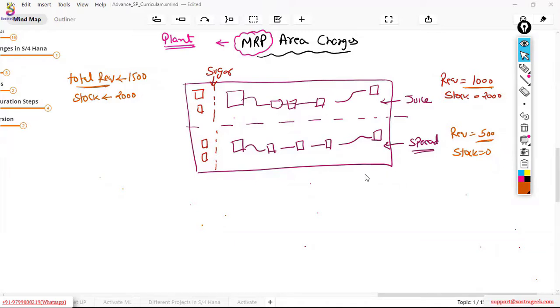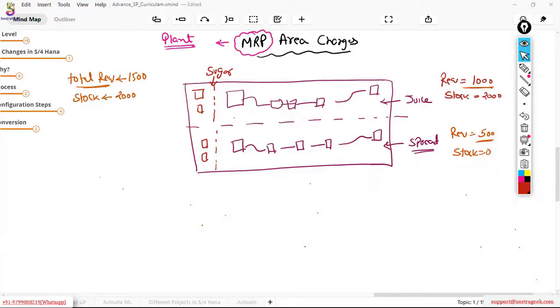Now the reorder point: you are stocking it here, and you are also putting a stock here. Both places you are putting a stock. So where do you define the reorder point? Do you define the reorder point here, or here? In plant level MRP, you will have one single reorder point.